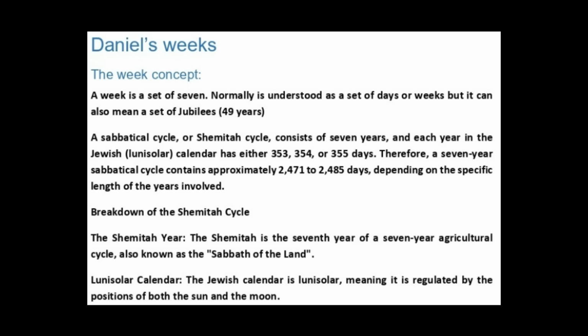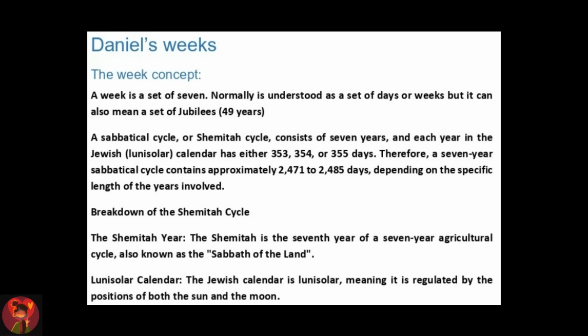Therefore, a 7-year sabbatical cycle contains approximately 2,471 to 2,485 days, depending on the specific length of the years involved. Breakdown of the Shemitah cycle. The Shemitah year. The Shemitah is the 7th year of a 7-year agricultural cycle, also known as the Sabbath of